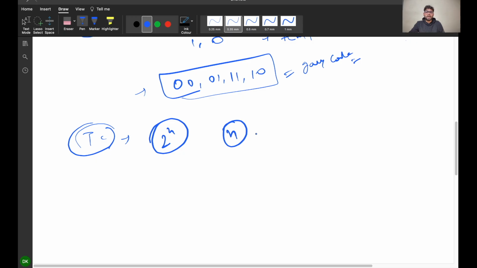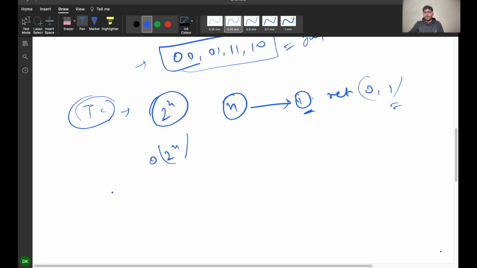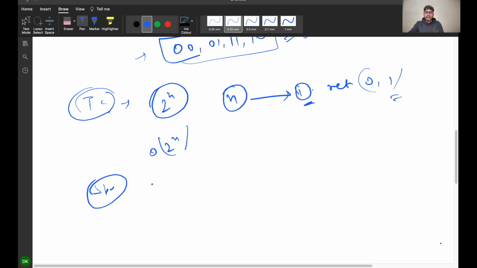I am calling a recursive call and decrementing n by 1 till n becomes 1, and 1 is my base case. When I get 1, I just return 0 and 1. So the overall time complexity would be 2 to the power n, and for the space complexity, at each